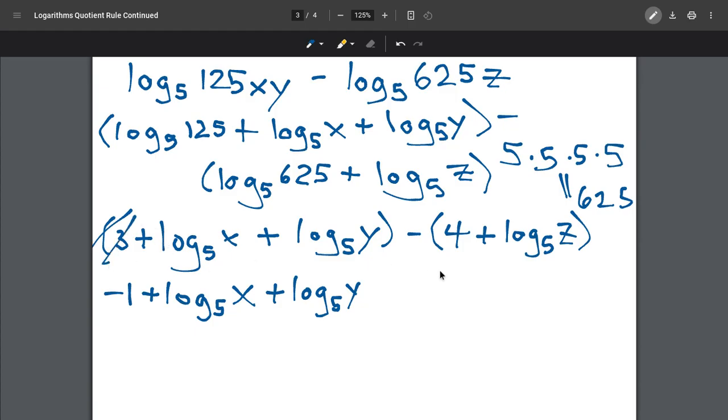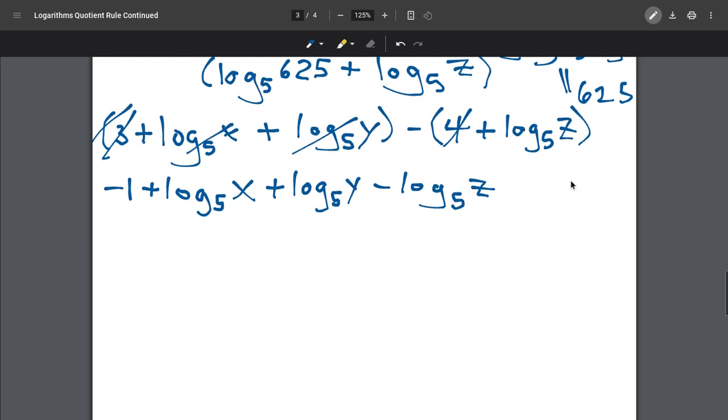So we use that one, that one, that one, and that one. And now we're subtracting log base 5 of z. Now we could leave it like that. That's an equivalent expression. Or we could reuse the product and the quotient rules and rewrite this as minus 1 plus,